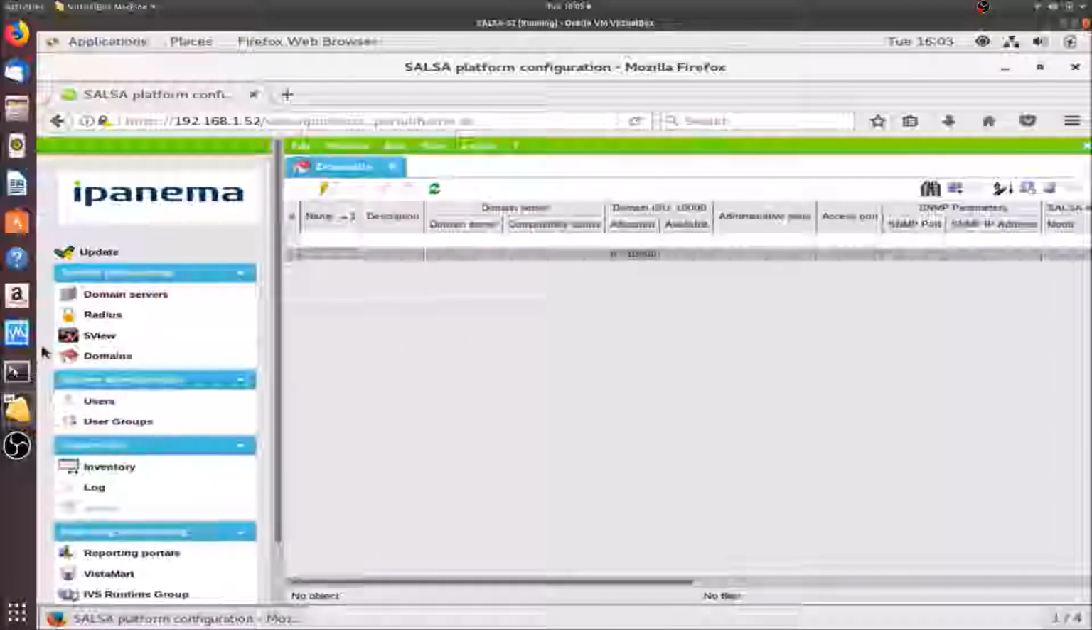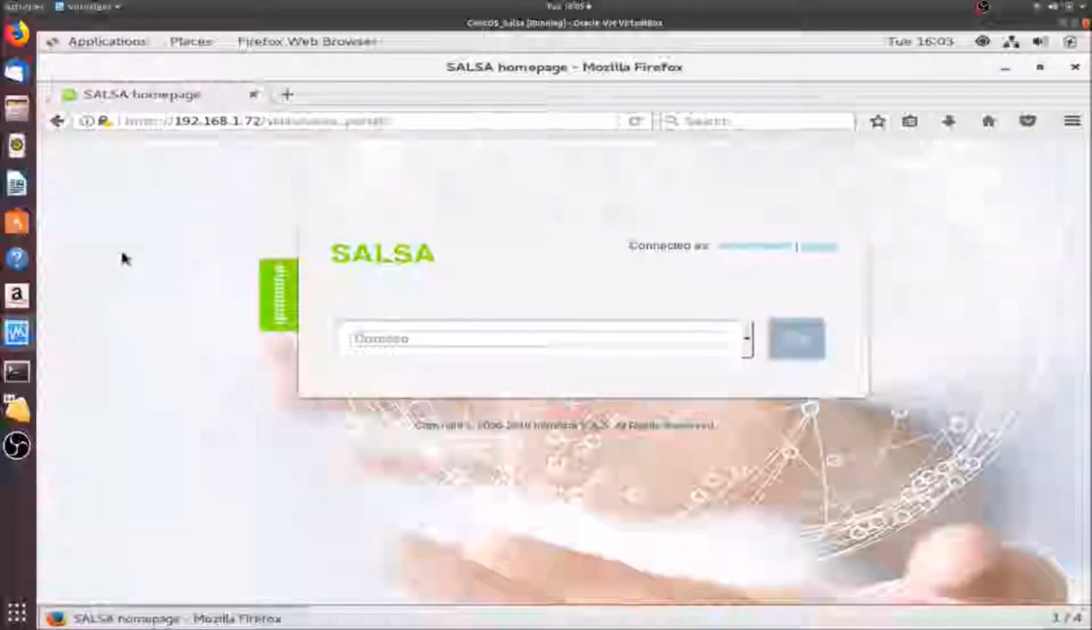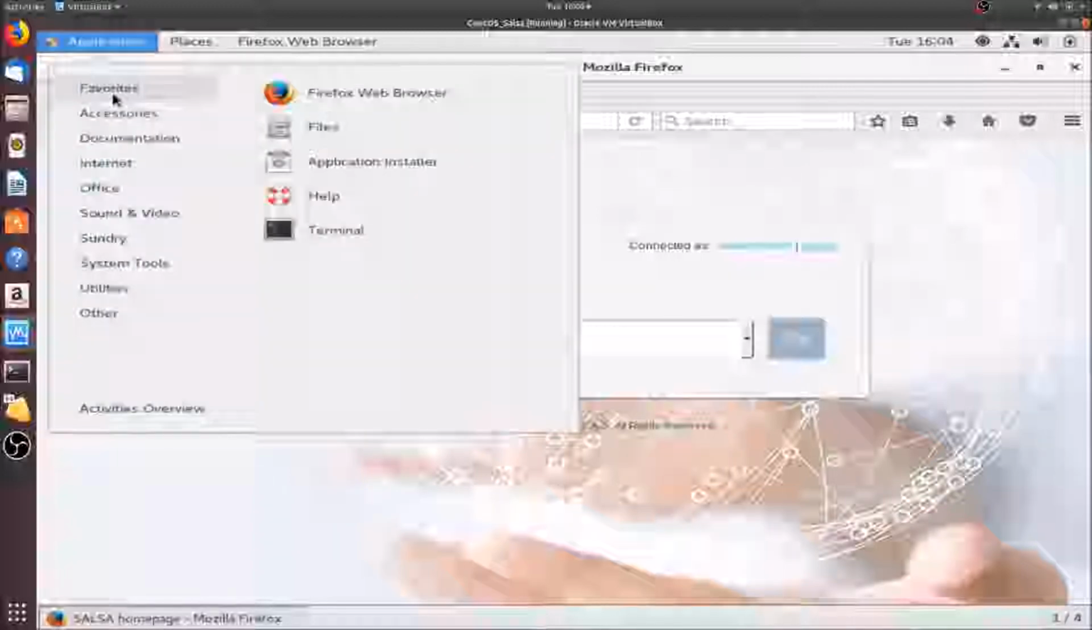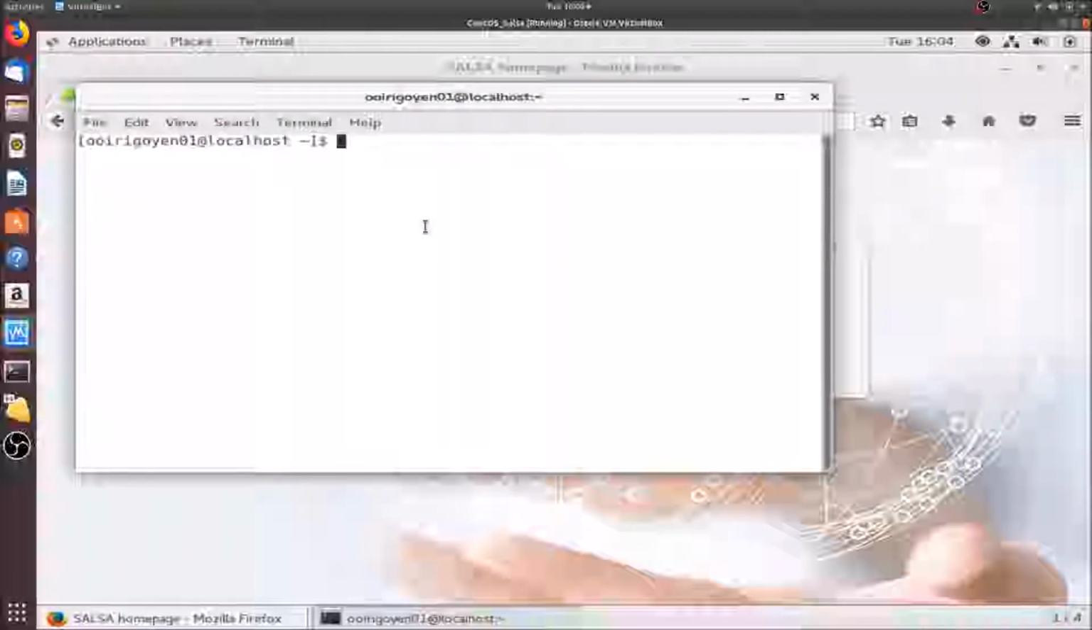So first of all, I need to back up my 72 server. I need to go to the following places, because I need to back up essentially three sources of information. Let me show you. So firstly, I'm going to sudo nautilus